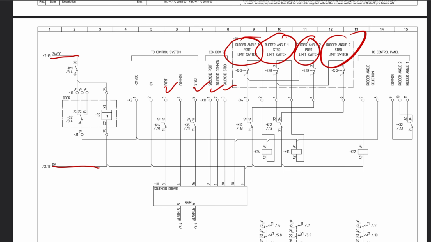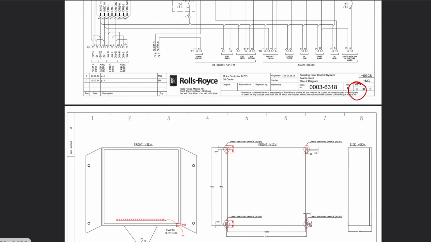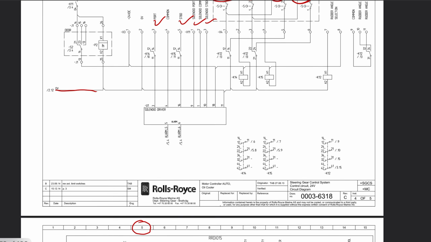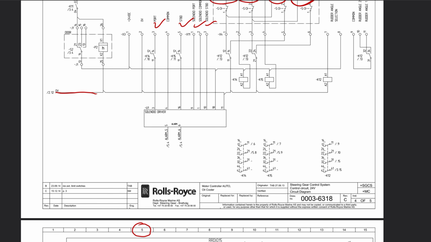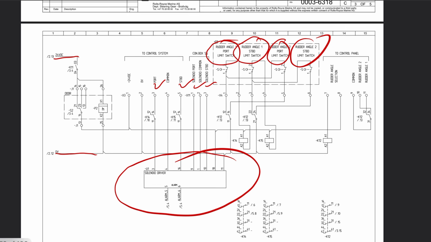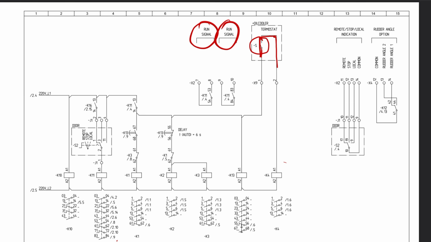We also have the control card here, generating alarms from here. In total, this steering system is a 5-page diagram. If you want to fully understand it, you have to go through each and everything. We have the solenoid driver here. So this video is only for the starting of the auto transformer. In some other video, we'll discuss the steering gear system completely.